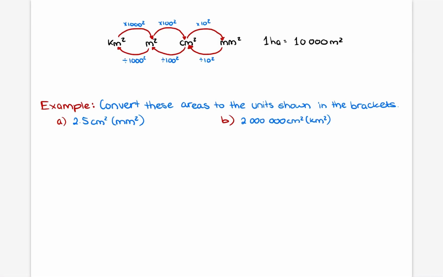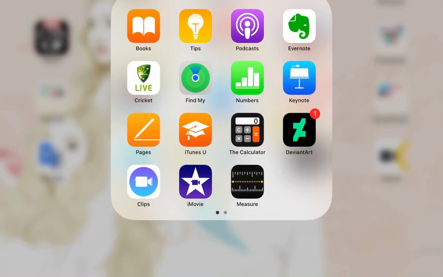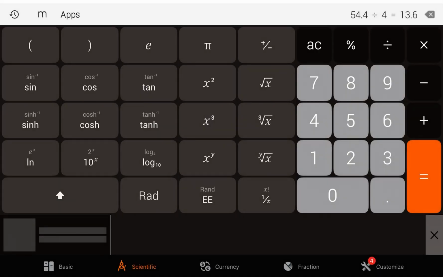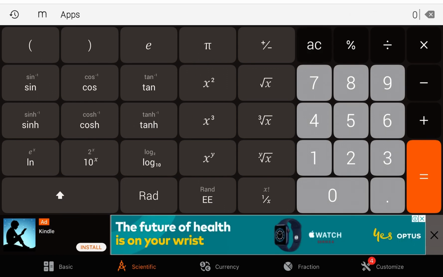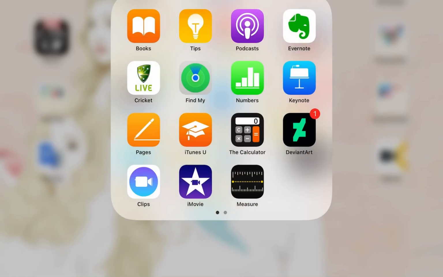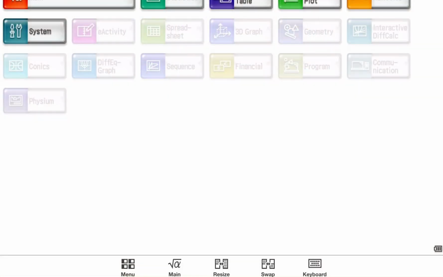To be able to do this and pretty much anything in area and volume, you're going to need a calculator. Now, you could get away with your basic calculator on your iPad, your phone, or anything, but these can be a little bit unreliable and a little bit hard to use. What I do suggest, if you don't have a physical calculator, instead of using that app, is one called Casio ClassPad. And this one is kind of like those really big calculators you see the senior students